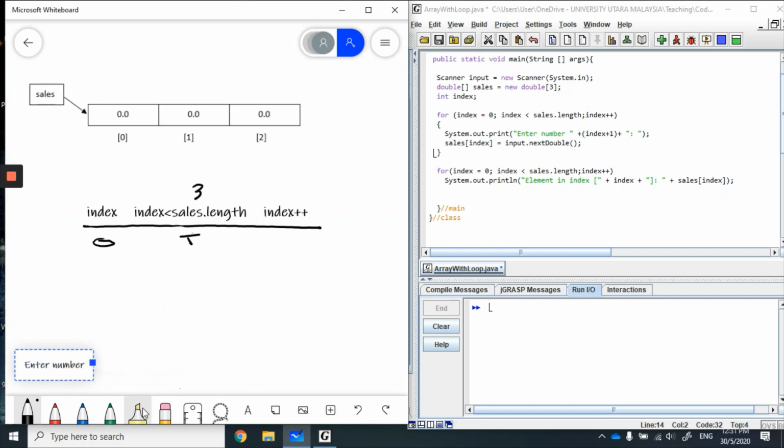Okay, we have "enter number" and we concatenate with index plus 1. We want to instruct the user to key in enter number 1, enter number 2, and enter number 3. Because we have 3 elements but our index starts at 0, you have to add 1 so that we get enter number 1. So for example, if user key in 10,